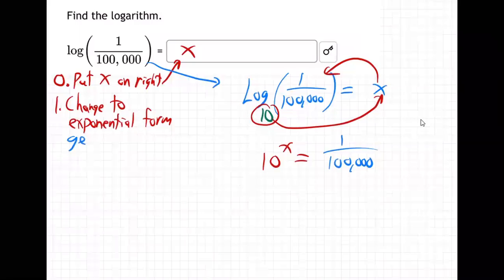So we get rid of the log. We do the swish thing, we change from log form to exponential form. We get rid of the log. Okay, now